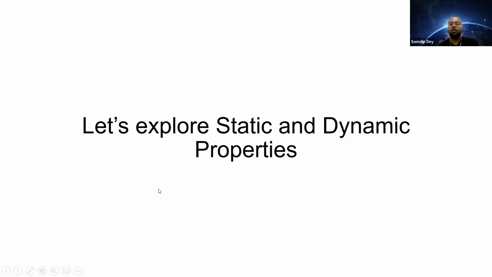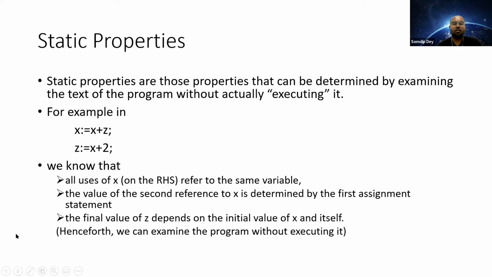So let's explore static and dynamic properties. Now, when I say static or dynamic properties, let's first look into static properties, right? Static properties are those properties that can be determined by examining the text of the program without actually executing it. So here you are checking the static type of the variables of the input program. And why it's called static, it's because you don't even have to execute it to understand whether the type matches